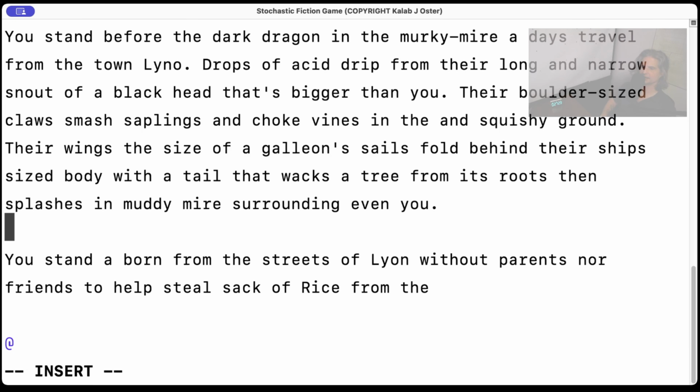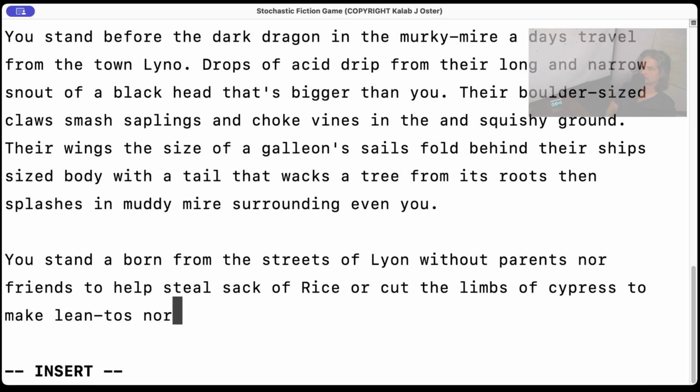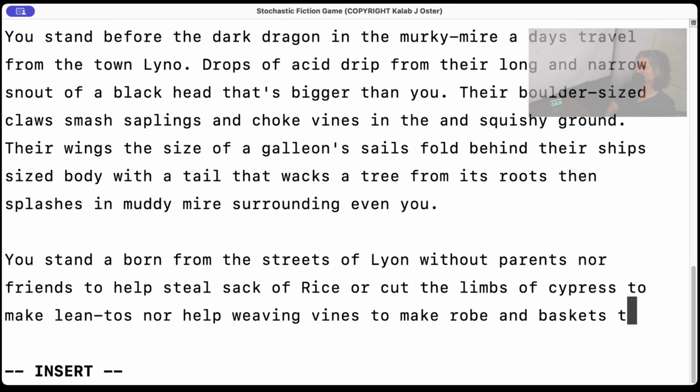Okay, this might work. You were born of the streets of Lino without parents nor friends to help steal sacks of rice. This is how they survive. I can think of some naked or cut the limbs of cypress. I don't know swamp trees in my mind right now, and I don't know how to spell them, but I don't have time to care. Cypress limbs to make lean-tos, nor help weaving vines to make rope and baskets